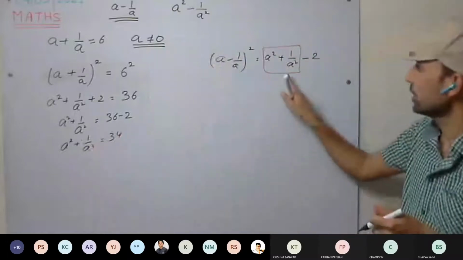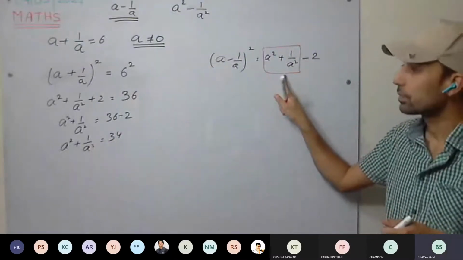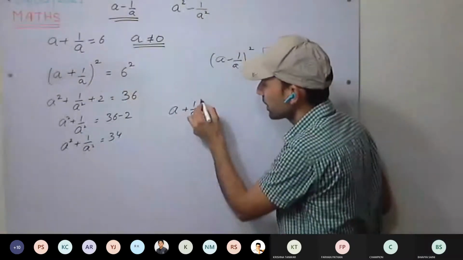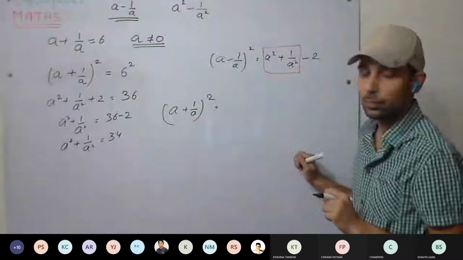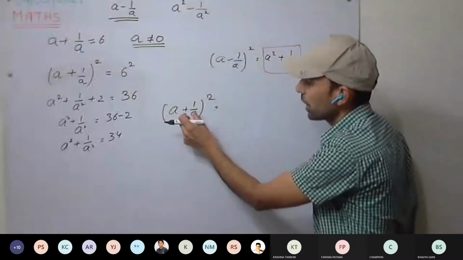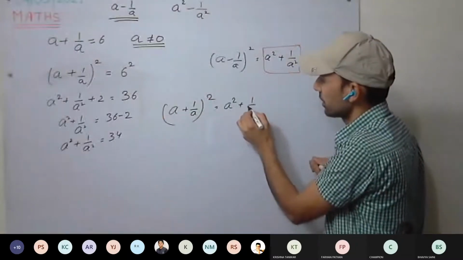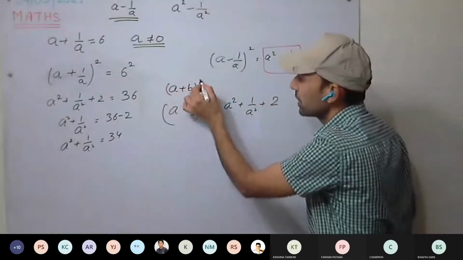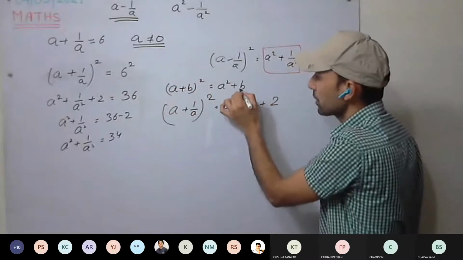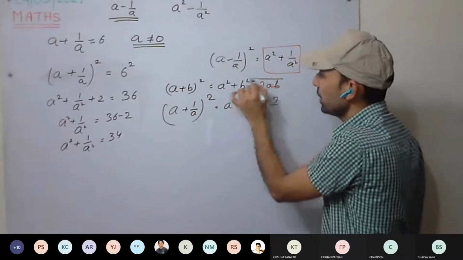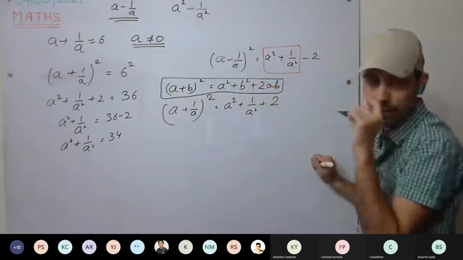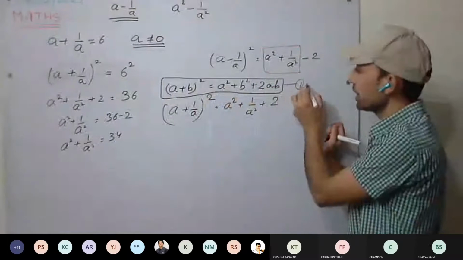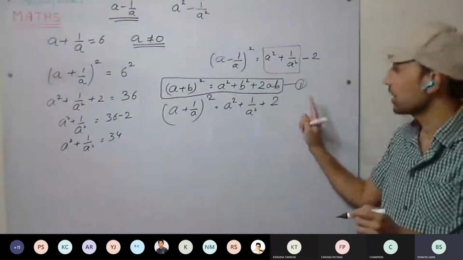Now we can put here. Like from where we get the 2? Do it, solve it. Square. This is one term, this is second term. So this square plus this square plus 2ab. What was a plus b the whole square? A square plus b square plus 2ab. Do you remember this? Expand it, you will get this one. This is clear? Equation number 1 is clear? Yes, sir.